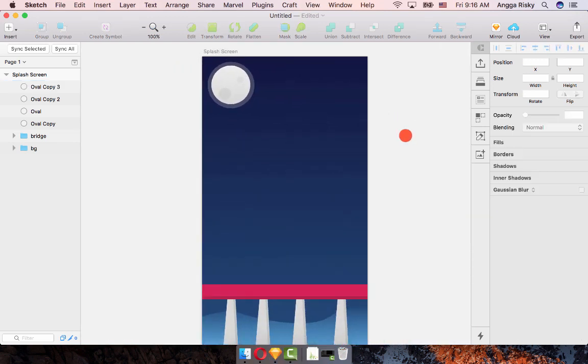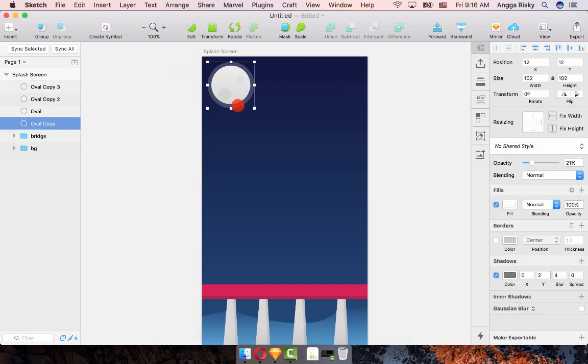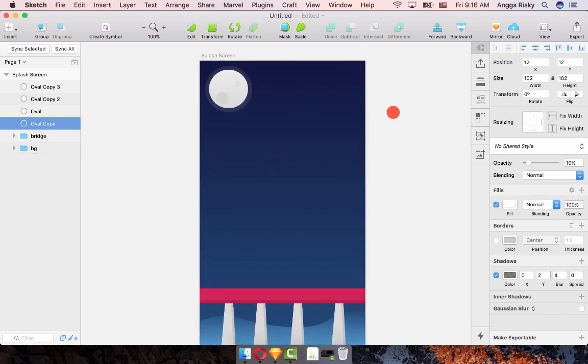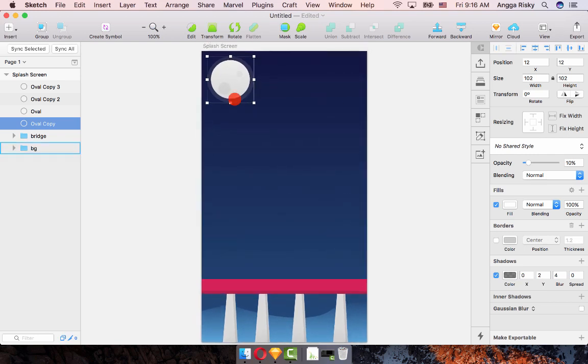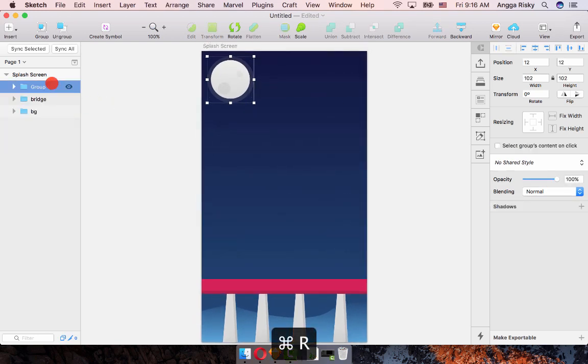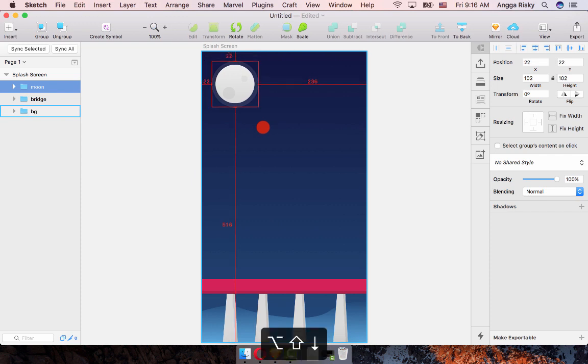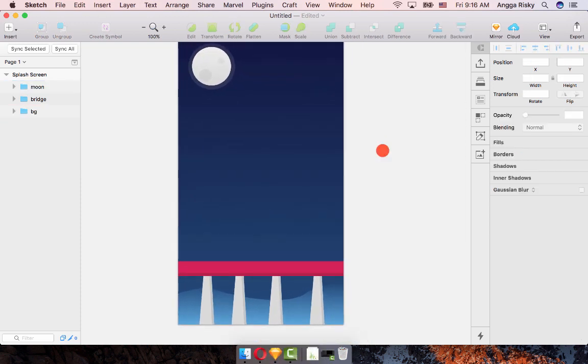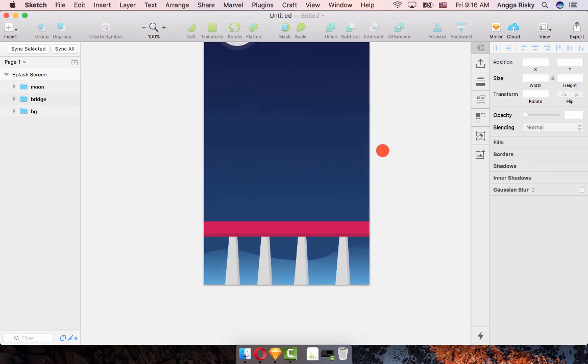Okay, so I'm not really sure if this is the moon or not, but I'm trying to make it just for the prototype. Okay, so it's called the moon. Good. Now after that I will create